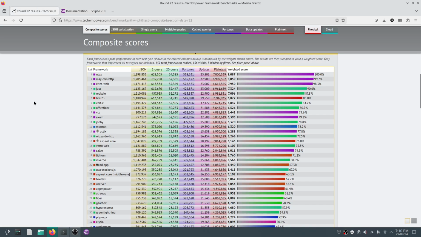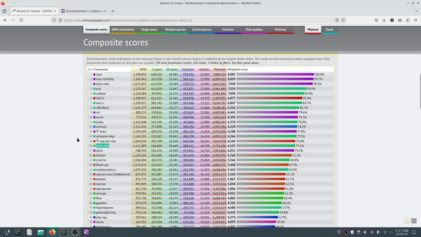If you look at the benchmark of Vert.x, it is sitting at 7th position at 84.7% compared to Ntex. Now, Ntex is a Rust framework. I personally use Ntex. I used to use Vert.x, but Ntex is based on Vert.x, and Vert.x is somewhat below. Now, we won't use Vert.x Core, rather you would use Vert.x Web, which is slightly below ASP.NET. So still it is very solid, sitting at position 16, one of the fastest and